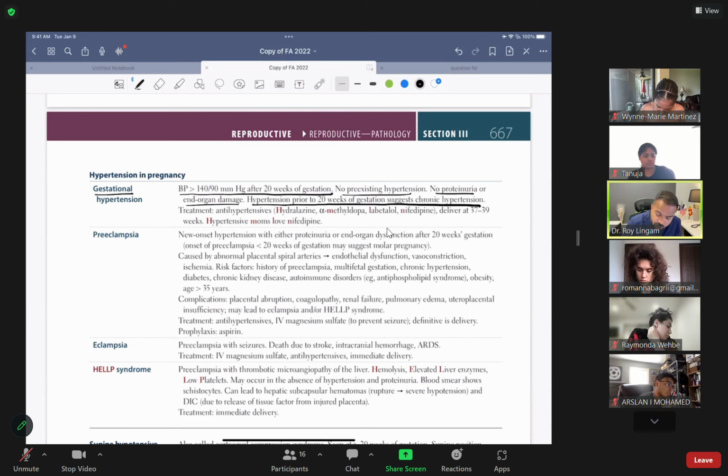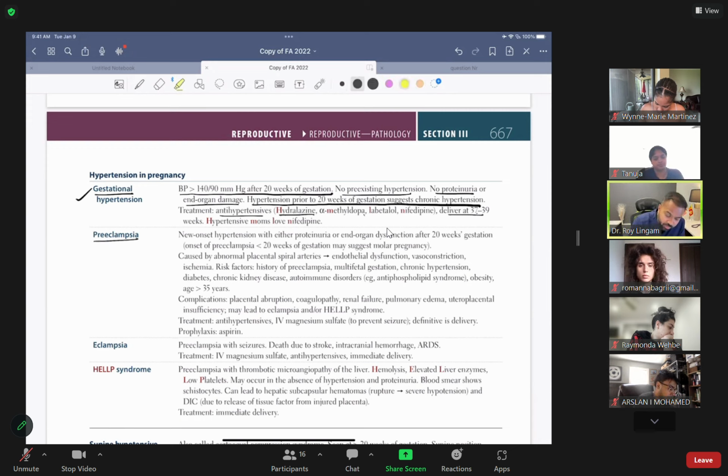What's the treatment? Antihypertensive, hydralazine. If you watch that video on my cardiac pharm, it says hydralazine is the safest to give, folks. And we have to deliver the baby at 37 to 39 weeks. Why? Because we have to wait until the lungs mature. You cannot deliver early, folks. We have to give a chance. So that's gestational hypertension. Next,